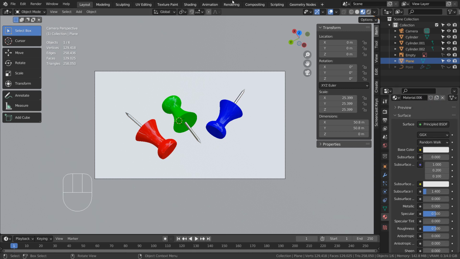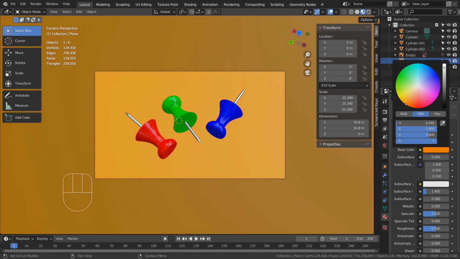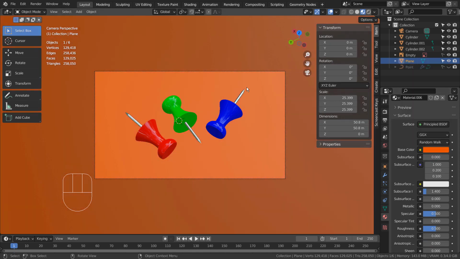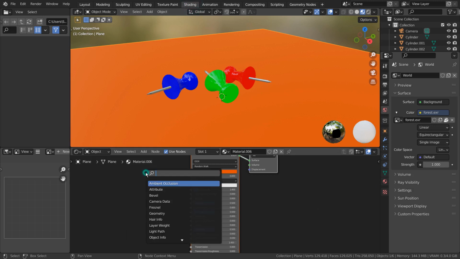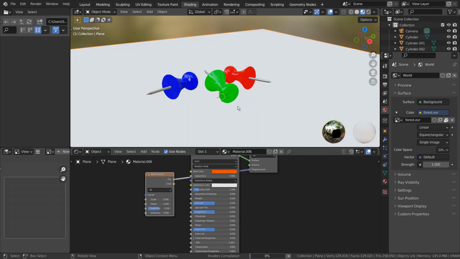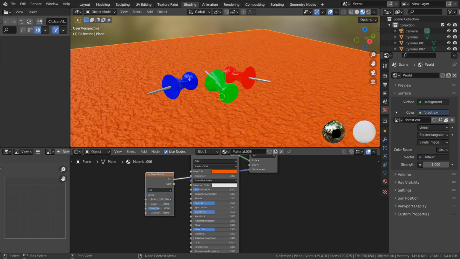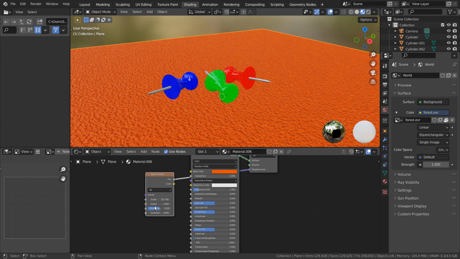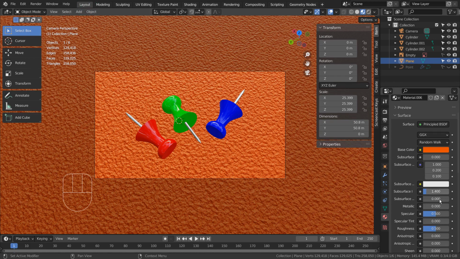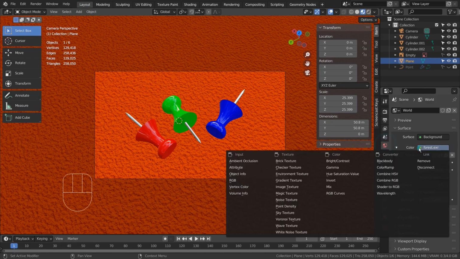I'll create a simple ground material. I'll use the sky texture.